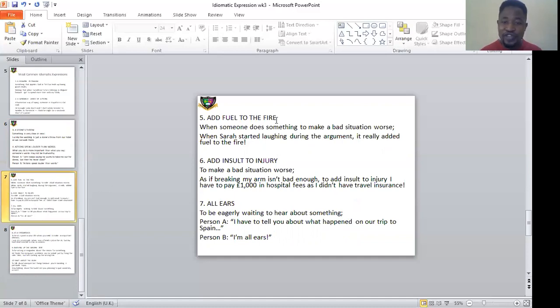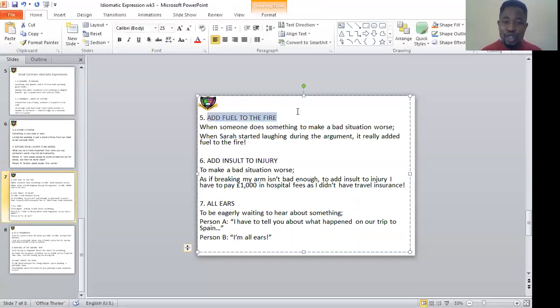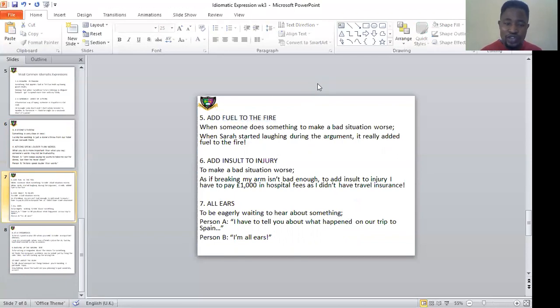Add fuel to the fire. What does it mean to add fuel to the fire? I'm not saying fuel as in F-E-W. This is fuel, gas: your petroleum, your petrol, your diesel, your kerosene. So that's what we're talking about here as fuel. To add fuel to fire, what does it mean? It means